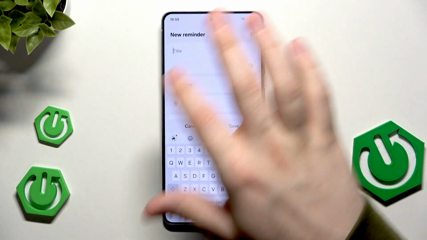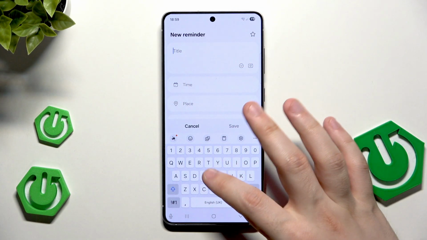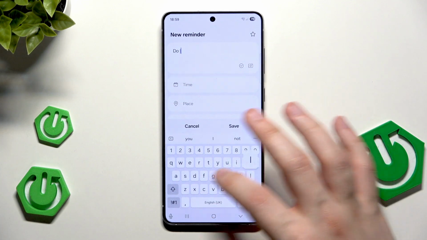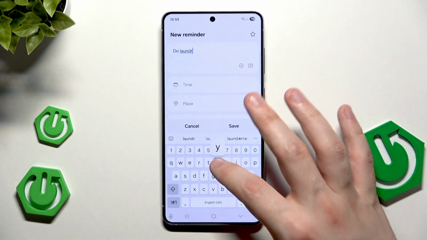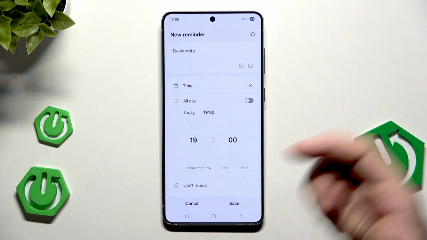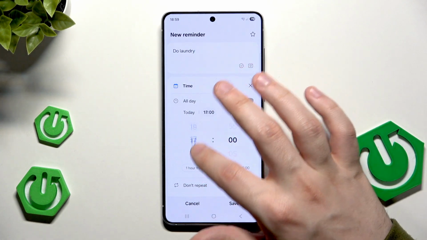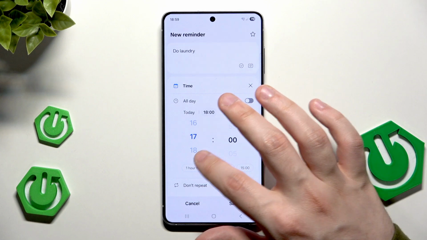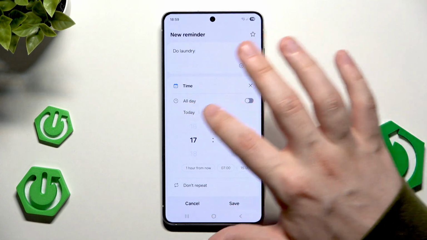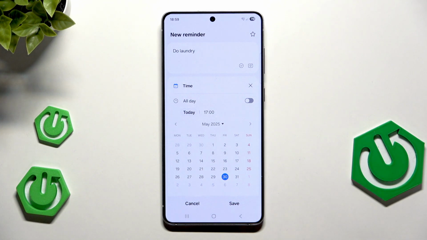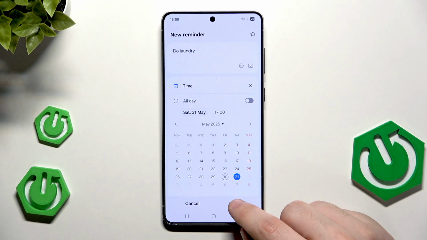button. In here type the title, for example do laundry, select the time, for example the 5 p.m. Now if you click on today you can choose the day on which you want it. So let's say I will select it on tomorrow, click on save,